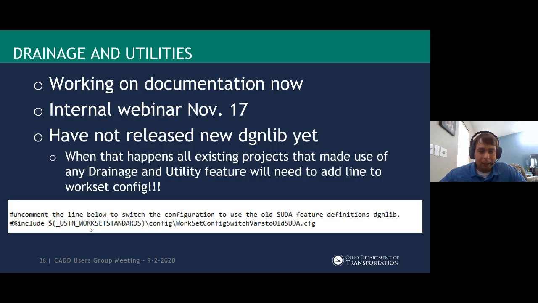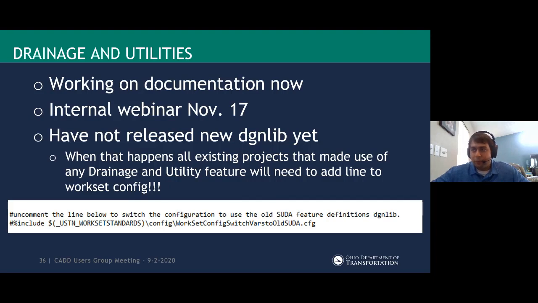And so I've already added this back in February. We released an update to the template. So this is a screenshot of the work set config file, the template. So every time you created a new work set, after February something, whenever I released it, this was actually added and it's commented out. The hashtag means it's not going to read that. If it was created before that, you'll have to add this. But all you have to do on those existing projects that you've already started pseudo work on, you just have to come into this config file and just get rid of that hashtag, and then you'll be fine for that given project.